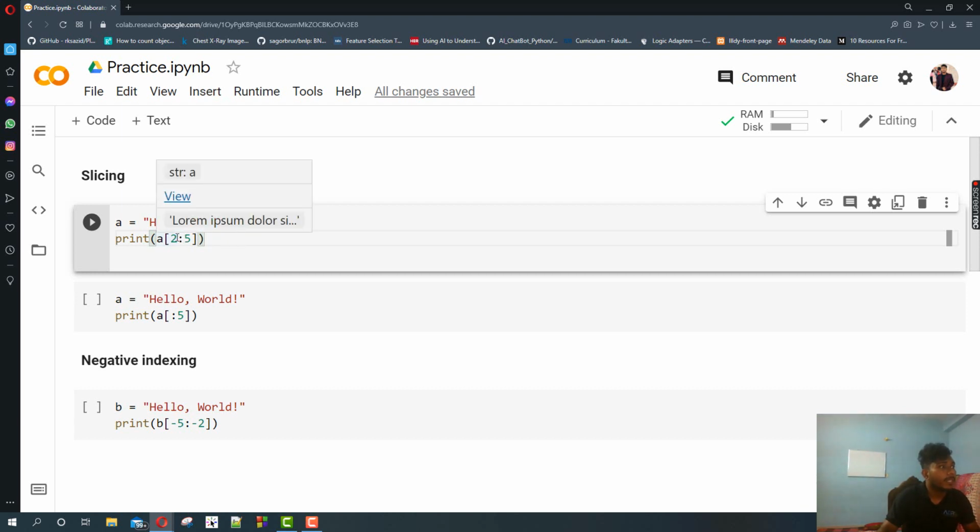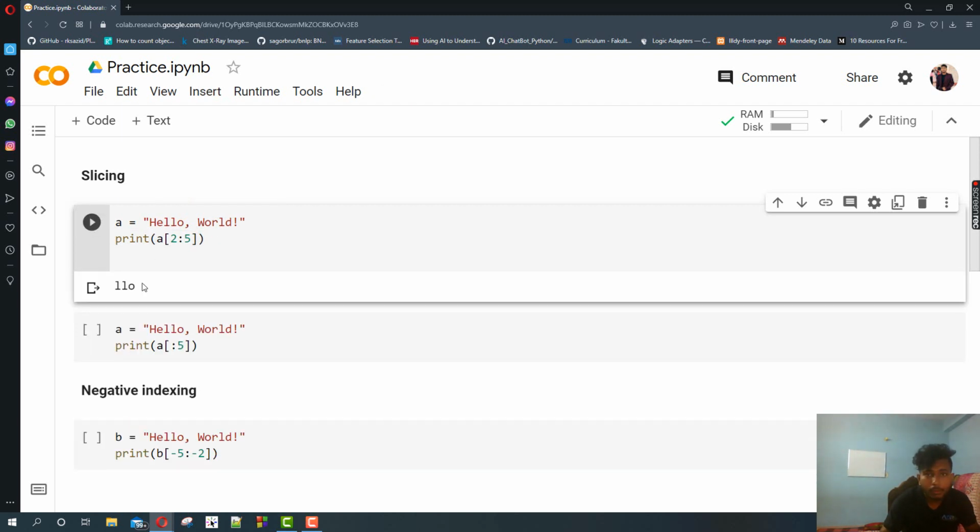Now you have to understand this 5 carefully. First of all, this 5 is not included. Let me execute it first. You see LLO is printed. What will the compiler do here? It will first search for index 2.